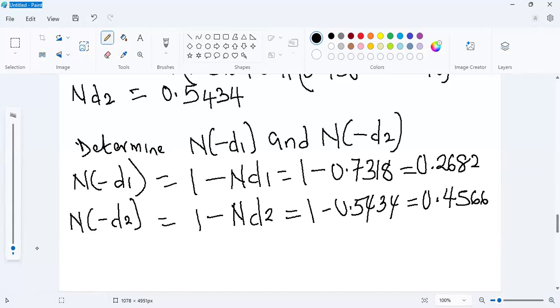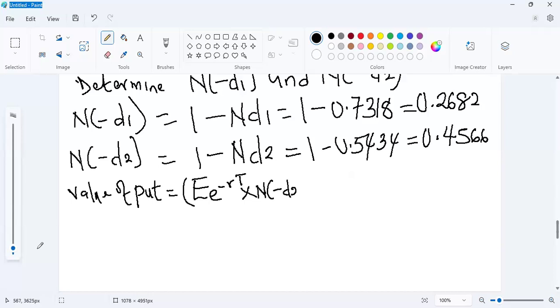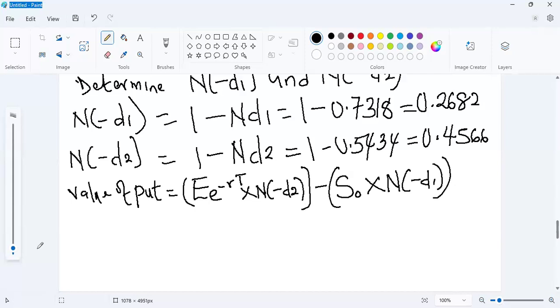You can now calculate value of puts. Remember the formula? Capital letter E exponential minus RT multiplied by N bracket minus D2, close your brackets, minus bracket XO multiplied by N bracket minus D1, close your brackets. Therefore, our put value